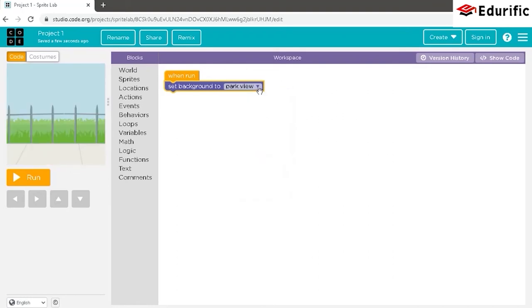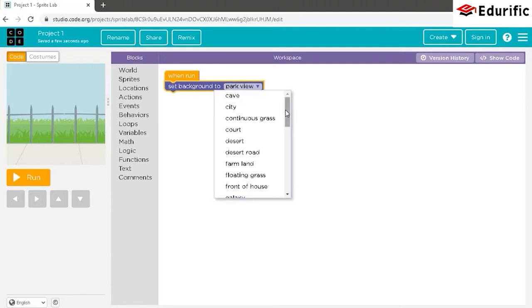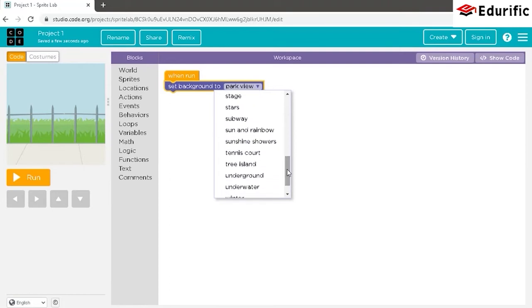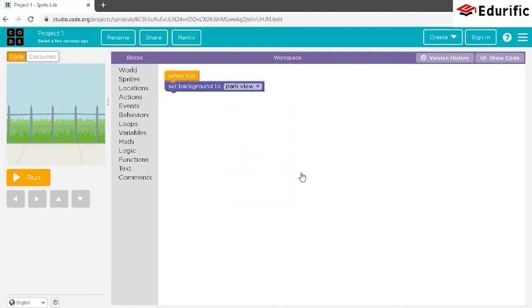Thus, there are a number of backgrounds ranging from city, cave, front of house to kitchen, living room to stage, subway, tennis court, etc.